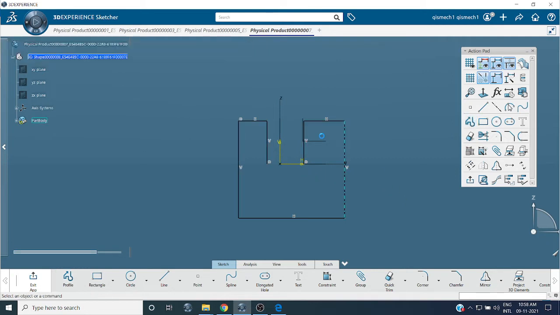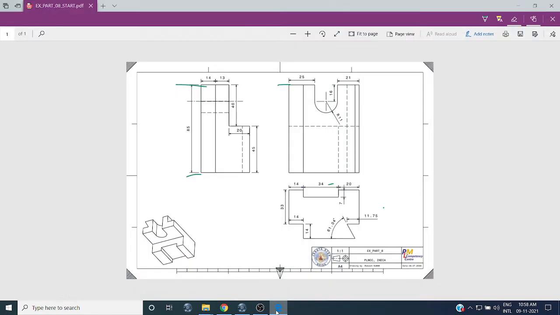So this length is 16 mm. This horizontal line dimension is 21. The vertical length is 85.